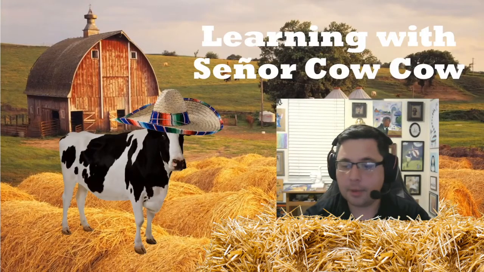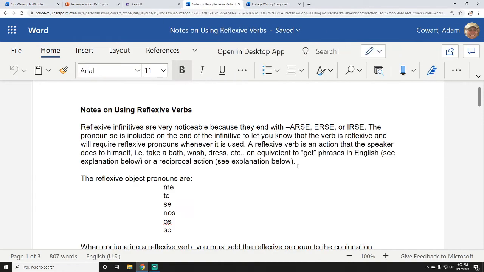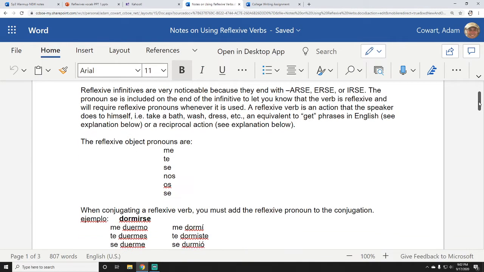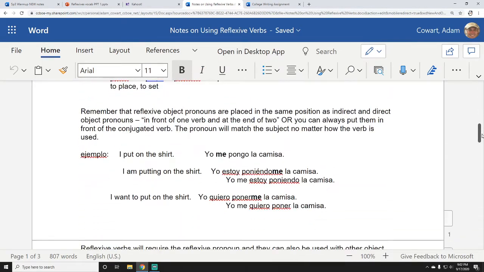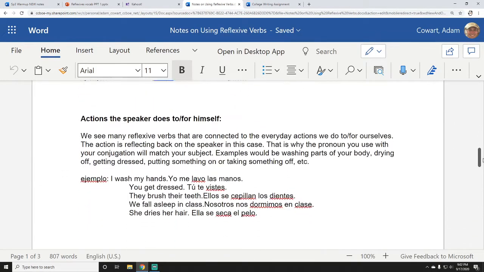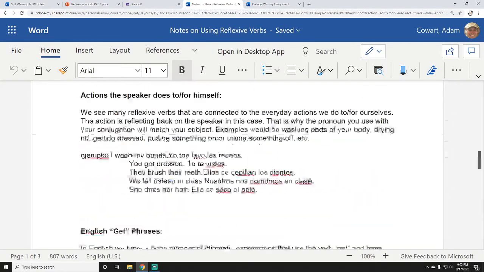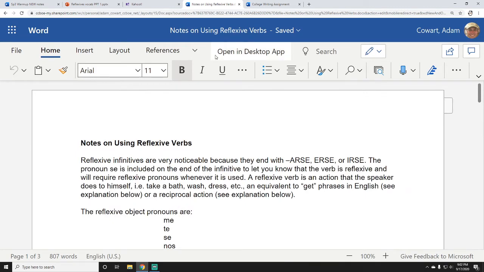Okay, so let's go to your warm up here. It says using your new notes packet, those 3 pages that I posted on Google Classroom or handed you in class if you're watching this most likely, say the following. So what I'm referring to is this. It's 3 pages of notes, most of which we've already covered, but there are 3 things that are kind of introduced here: using 2 verbs, phrases with get, and reciprocal actions. All right, we're going to go over it again, but